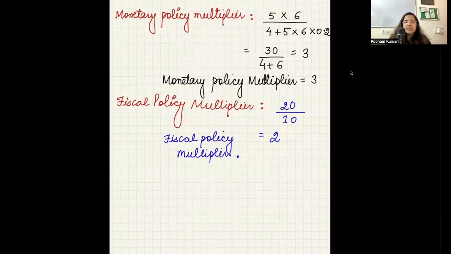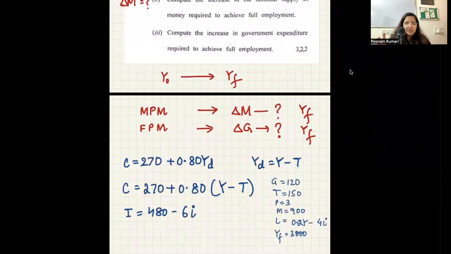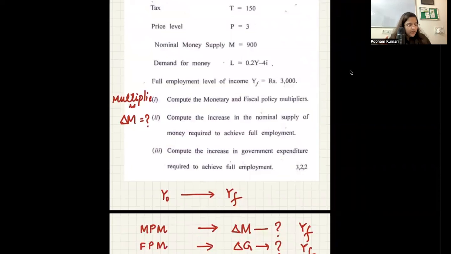ठीक है, सो दीज आर द 2 थिंग्स दैट वी हैड टू कैलकुलेट फर्स्ट. तो पहले तो हमने जो निकालने के लिए हमसे पूछा था वो हमने निकाल दिया. सो दिस वन वी आर डन, राइट? This we are done with. And then next जो question है वो बड़ा simple सा है, nothing complicated.